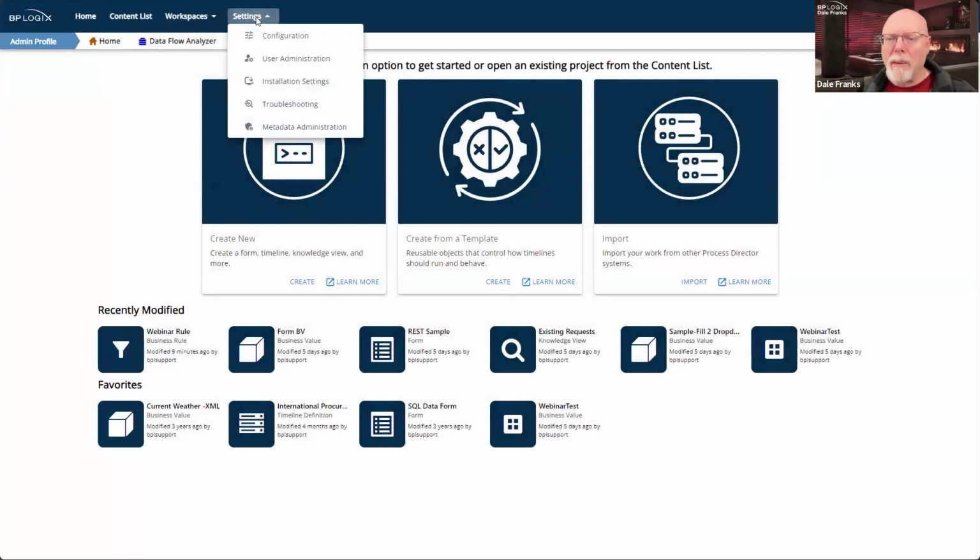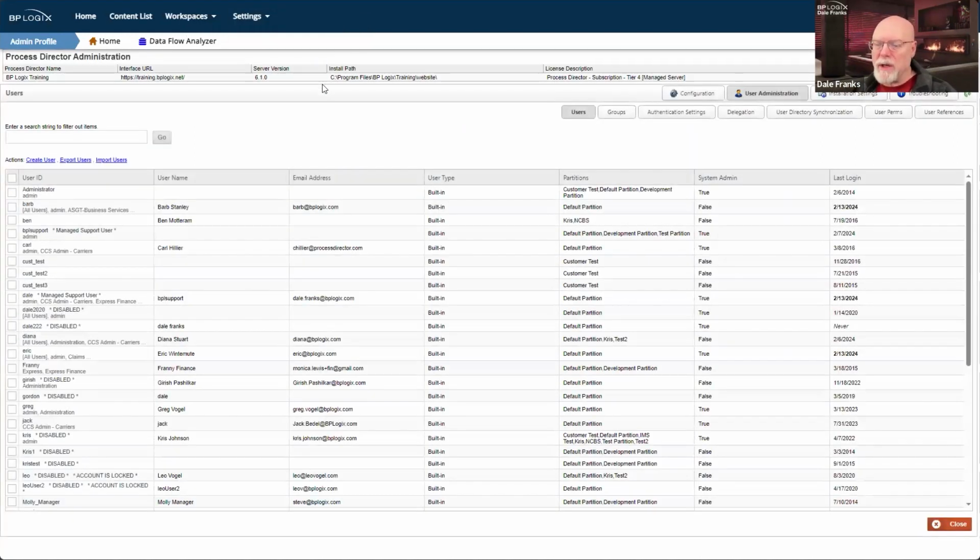That's all well and good, but now I have this settings menu, and this gives me access to both IT admin and metadata admin from anywhere that I need to access them inside Process Director. Prior to this, you would have had to be in the admin profile and click on IT admin. Then, let's say you wanted to administer a user, you'd have to click through into user administration, and then click the users page. We've eliminated a lot of that navigating around. If I want to go to user administration, I just click on it and it takes me there.